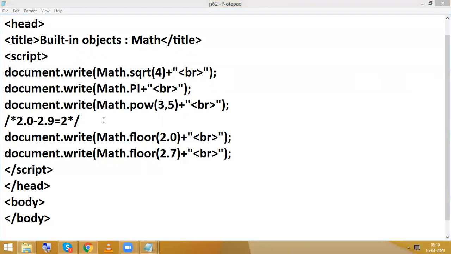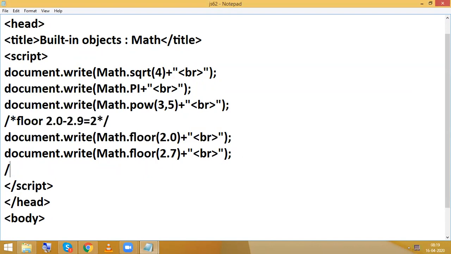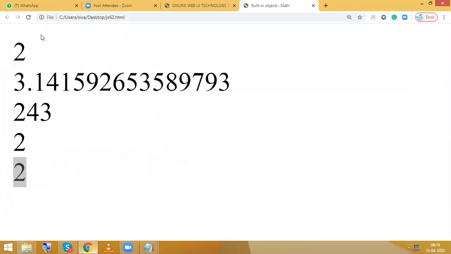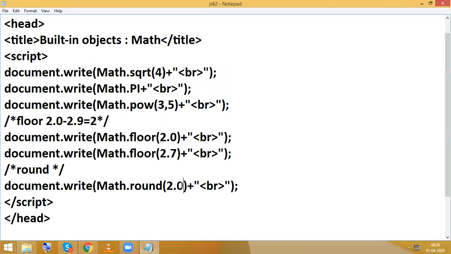Okay, so next, coming to round. In the case of the round concept, first I am going to give Math.round 2.0. Now check the output. The result is 2. I am going to give 2.4.